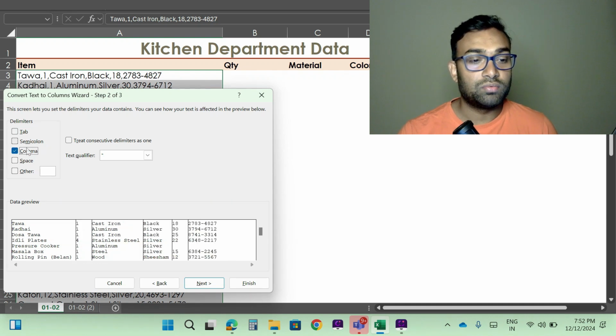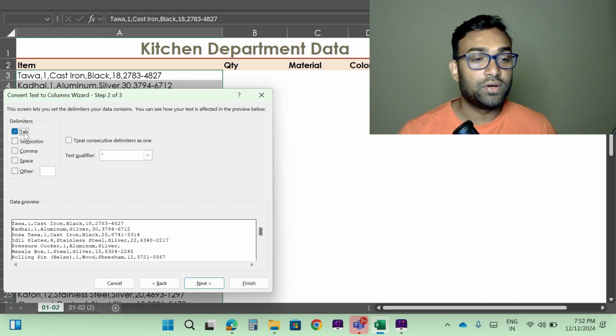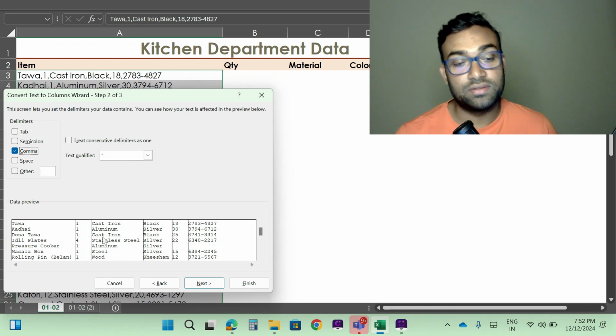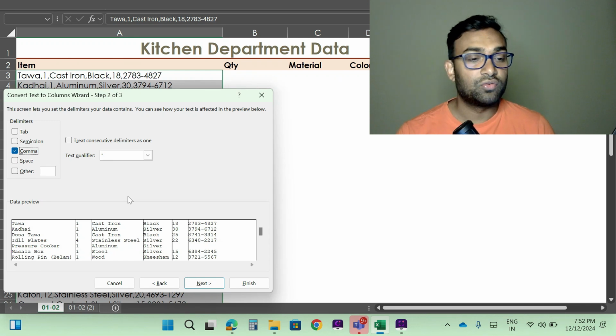See, again I will uncheck it, I will select tab. When I click the tab, see the preview of my data, and now uncheck it and then press comma. Now see the structure, now see the preview of my data. So here it is. Now what I will do is I will